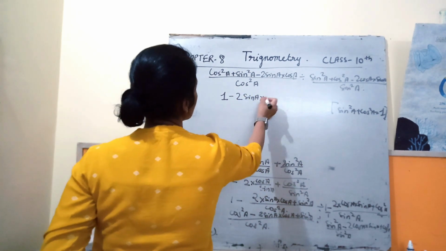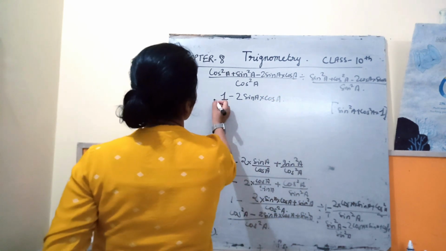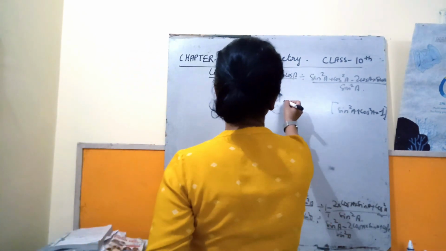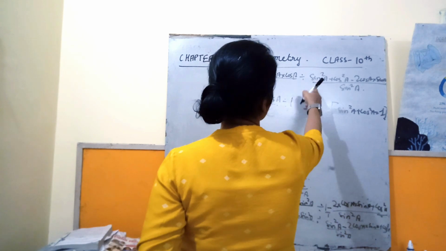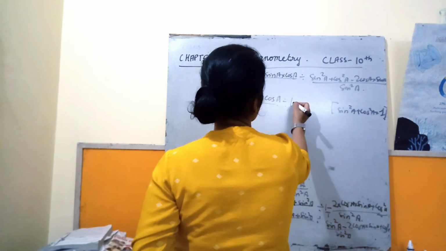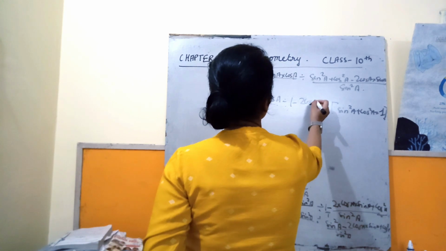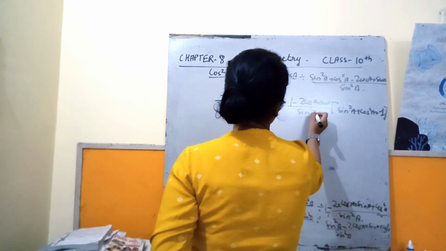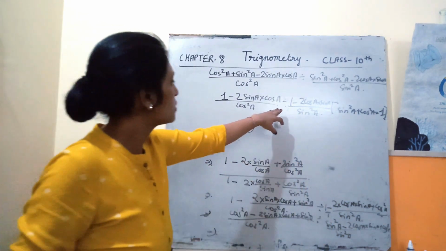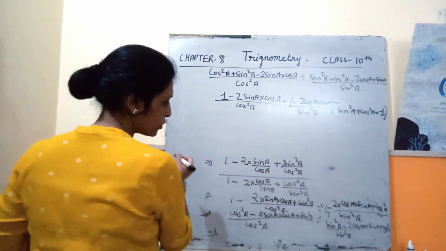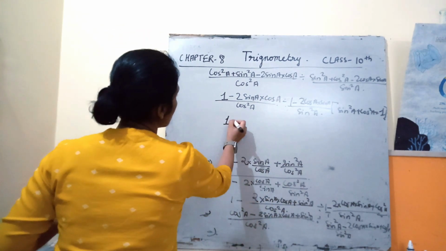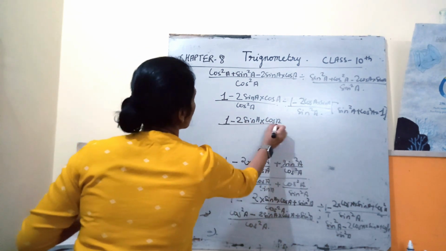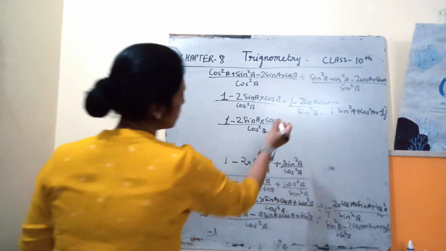sin A into cos A upon cos square A, divided by sin square A plus cos square A, we can write as 1 minus 2 cos A into sin A upon sin square A. Okay, now this division sign will be changed into multiplication, so it will be 1 minus 2 sin A into cos A upon cos square A multiplied by